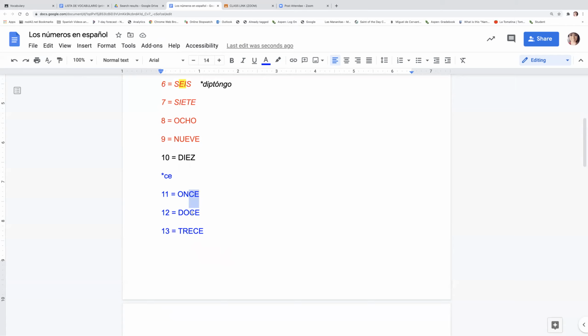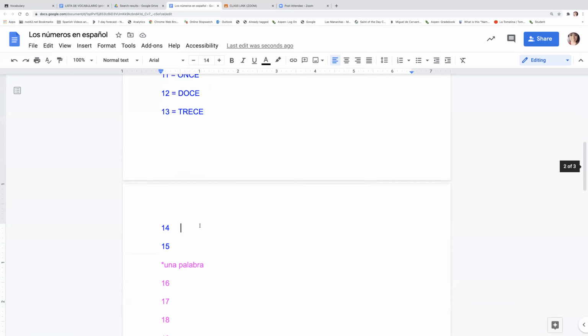You might be seeing a pattern with how they're spelled. Maybe that has something to do with the fact that they're all in azul. Okay, once, doce, trece, catorce, quince. You notice like there are a lot of numbers that people are tempted to put the letter Q in,